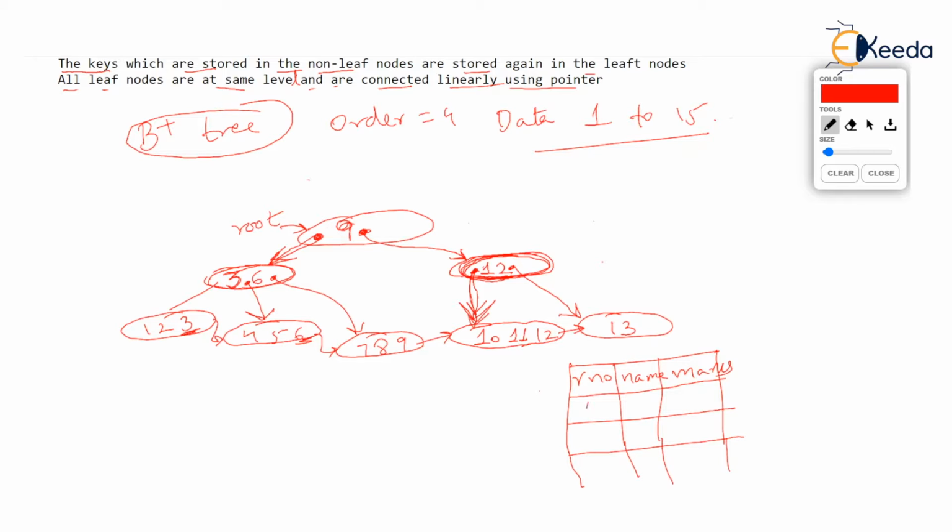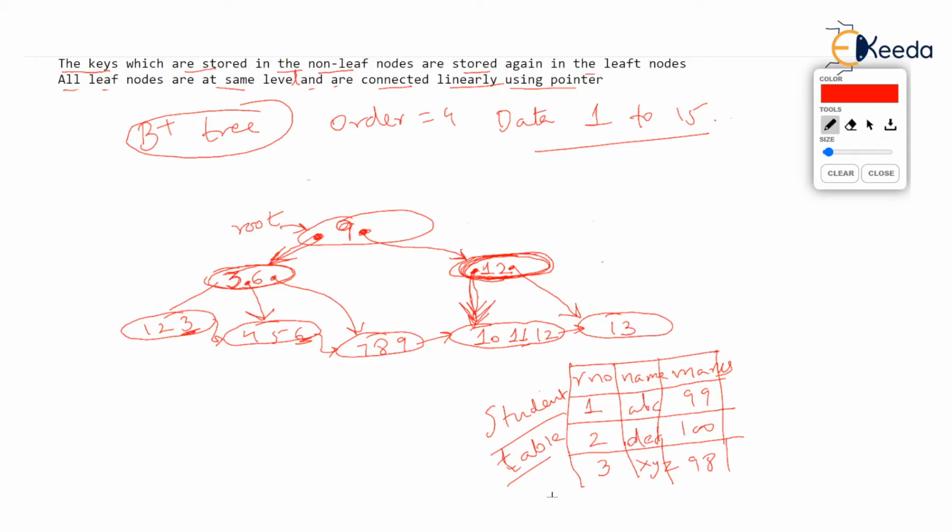Let's say roll number is 1, roll number is 2, and there are such 15 students. So we have a table which stores roll numbers 1 to 15 and their names, whatever, ABC. Let's go for arbitrary names, DEF, XYZ. All these are names and marks scored. Maybe these are the marks scored. So we have a table called student, and we have so many records. This is called a student table.